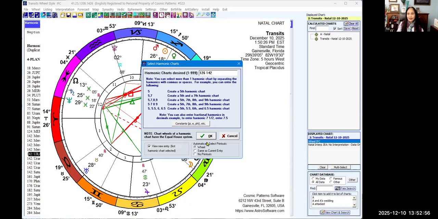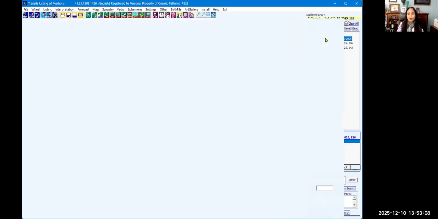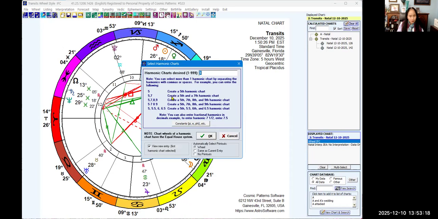Oops, I'm sorry, it's not 126, it was 26. So let me put 26. I'm sorry, I made that mistake. It's okay to make a mistake, and you just click on this harmonic button in the harmonic vibrational chart, and we put 26 in here, and we click on OK.